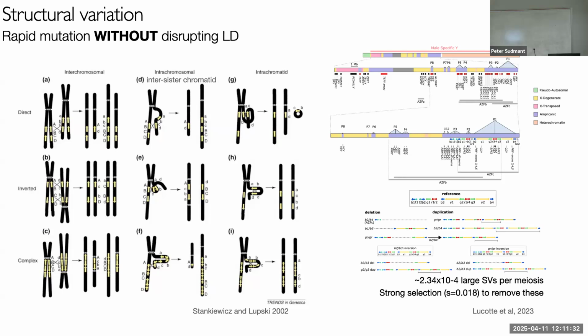And this is not how non-allelic homologous recombination usually happens. What it often happens between is sister chromatids. When it happens between sister chromatids, you don't mess up LD at all. You have perfect LD because the sister chromatids are identical, or even intrachromatidally, right? And to me, this was kind of mind-blowing. And then I went and read some yeast textbooks, and of course they had this well figured out many, many decades ago.